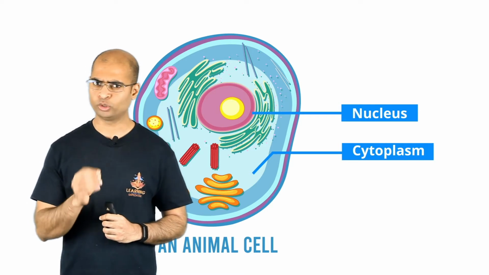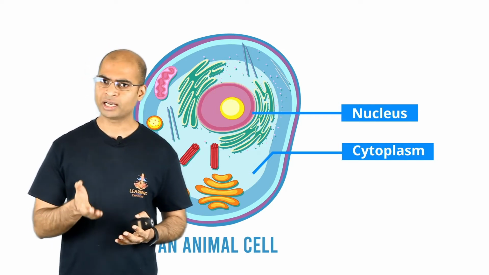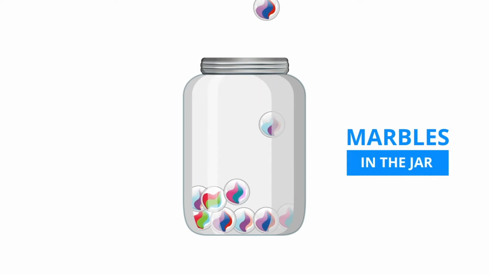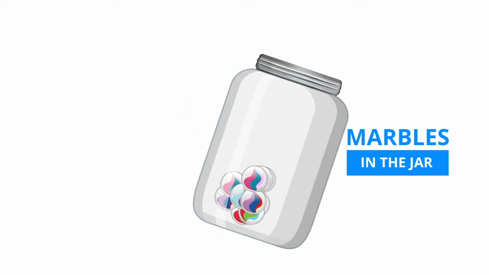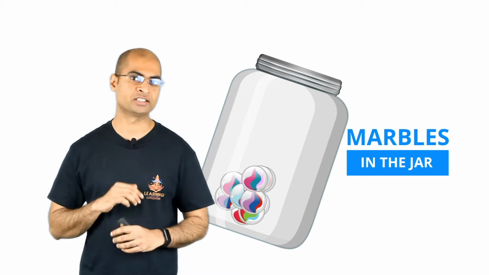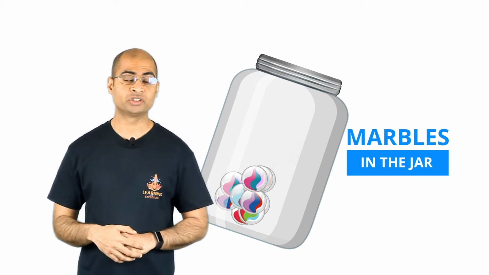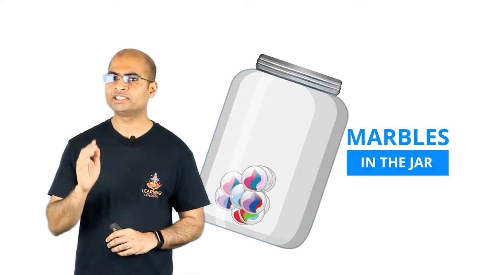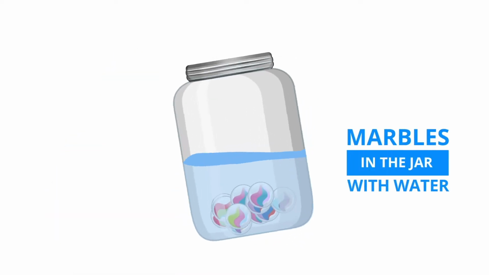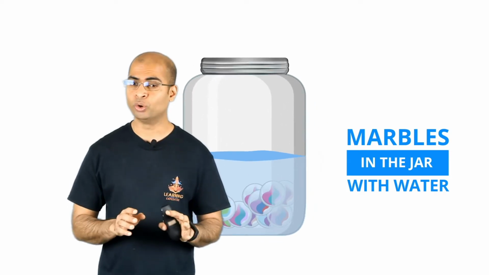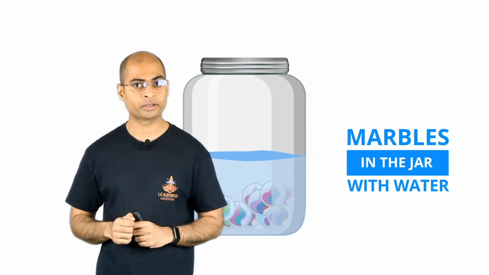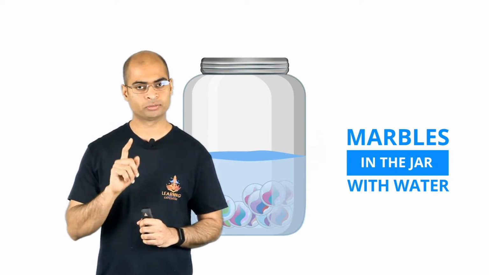To understand what cytoplasm is and how it helps, consider this example. Let's say you have a jar and you drop a few marbles in it. Now, if you move or shake this jar, what would happen? The marbles will move freely and bang against each other and probably get damaged. Okay, now let's imagine the jar is filled with water and you do the same thing again. Now, the marbles will move much slower because of the resistance of the water. So, it will cause less damage, right?